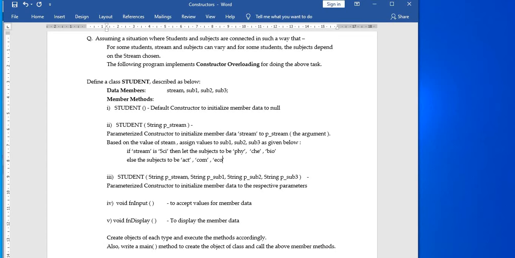Okay. Now, if I create one object that has got one argument, look at the second constructor. If it has got one argument, then you see the method detail is saying to assign the values physics, chemistry and bio if the value of stream is science. Otherwise, assign the values account, commerce and economics. Right. So this means